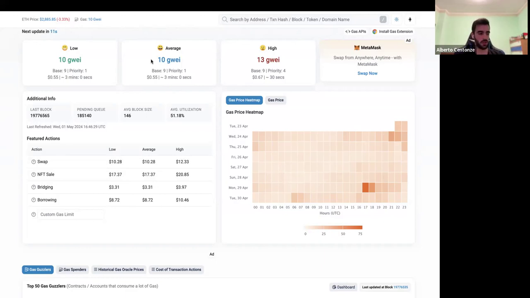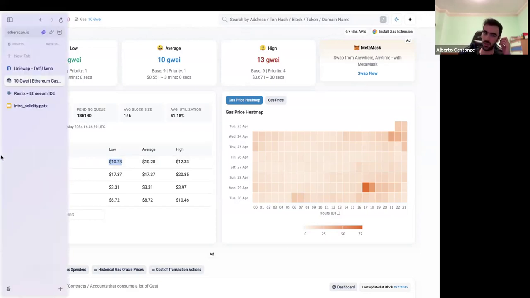This is not the most democratic thing in the world. We know Ethereum is not cheap for this very reason. As you can see, a swap in these conditions, which are extremely low gas conditions, is $10. So imagine if you want to exchange a cryptocurrency, maybe you do it by mistake, you're spending $10. This is not cheap. This is not inclusive. This is not the best, but we have solutions for this. And actually, I think we're going to cover this in the next slides.